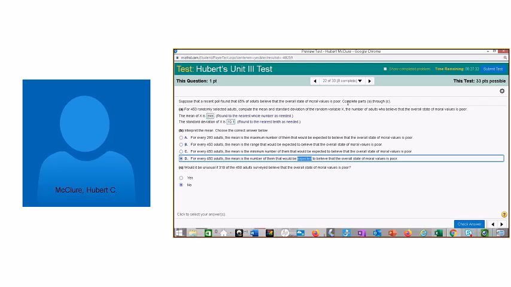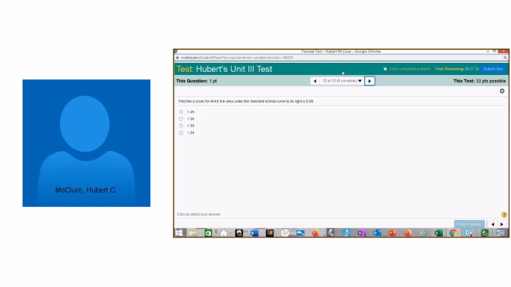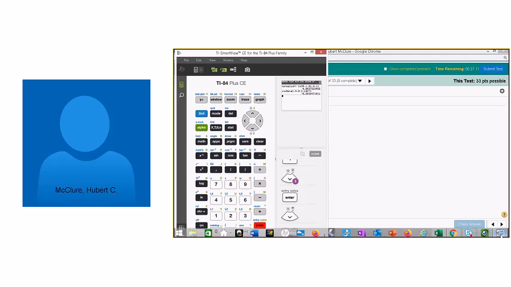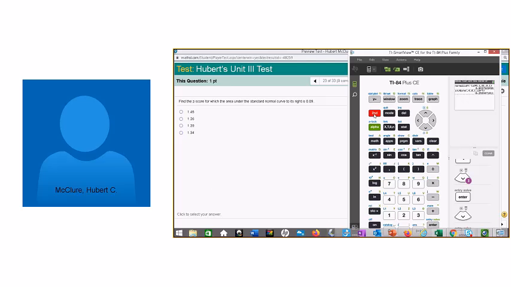All right, next, and this is for the other class too. All right, so I want you to do this one. Find the inverse norm of 0.0900. So do that with your inverse norm. Well, y'all don't have a calculator, so I'll just pull it up. Second, vars, inverse norm,